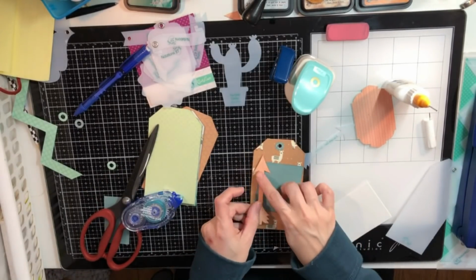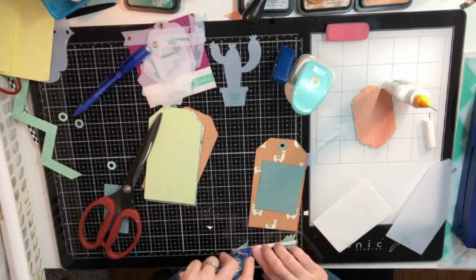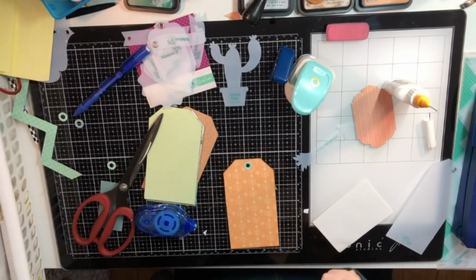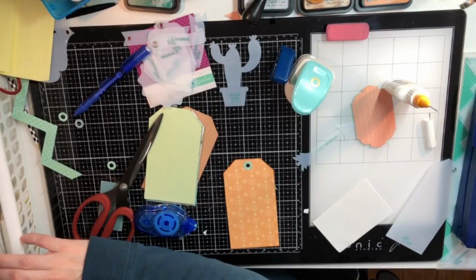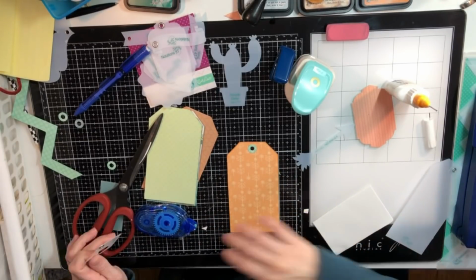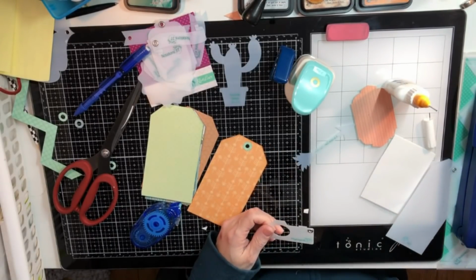So now I'll be adhering my arrow down to my tag, and I'm just gonna try some Tombow, and I don't think the Tombow is really working that great. Well, it did. Sometimes it works, sometimes it doesn't. Depends on how thin the foam is. So I'm going to pick through and look for something else to put on the back of that card, and